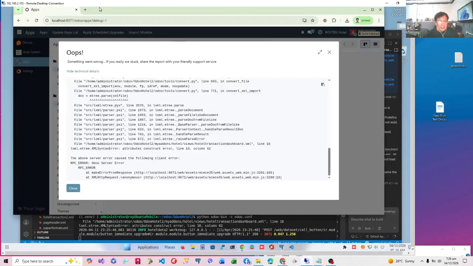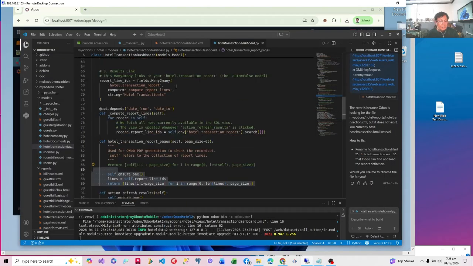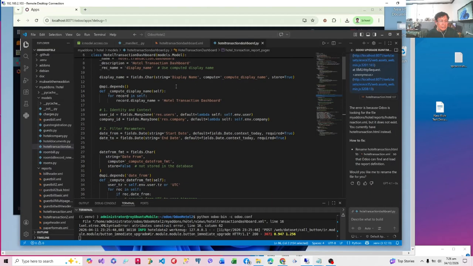Where's that again? Just copy this to be sure. Line 16, column 62. Line 16. Okay, we're just giving it a name. Error during printing.